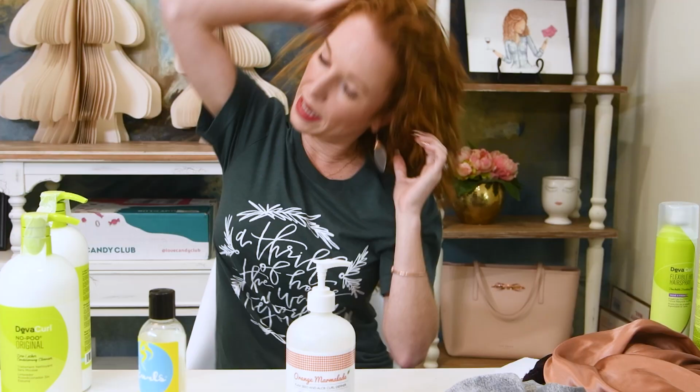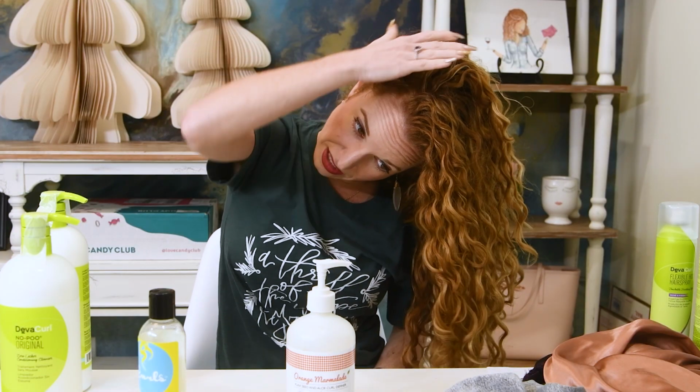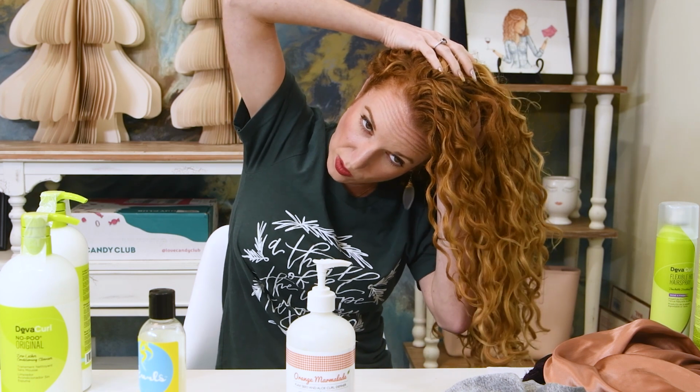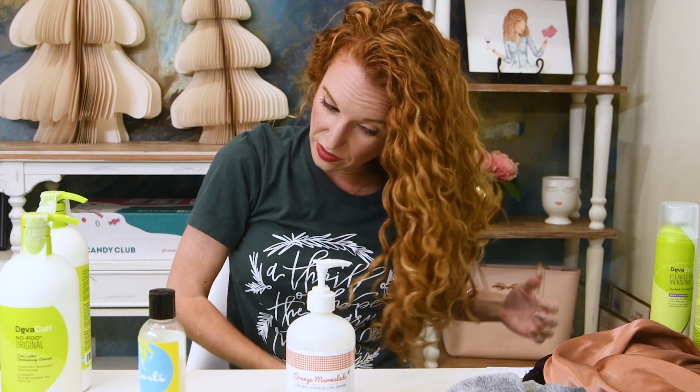I know curly girls say no heat, but I do medium heat on medium speed. And I dry my hair side to side by hovering. Just hover all on this and focus on this part. Once this has started to dry and those roots are kind of getting set, I turn around and will pick,